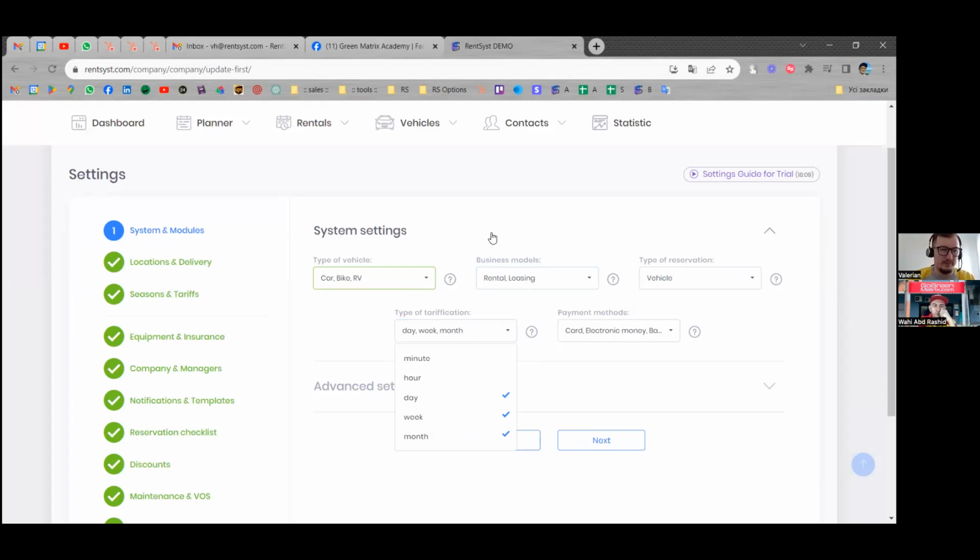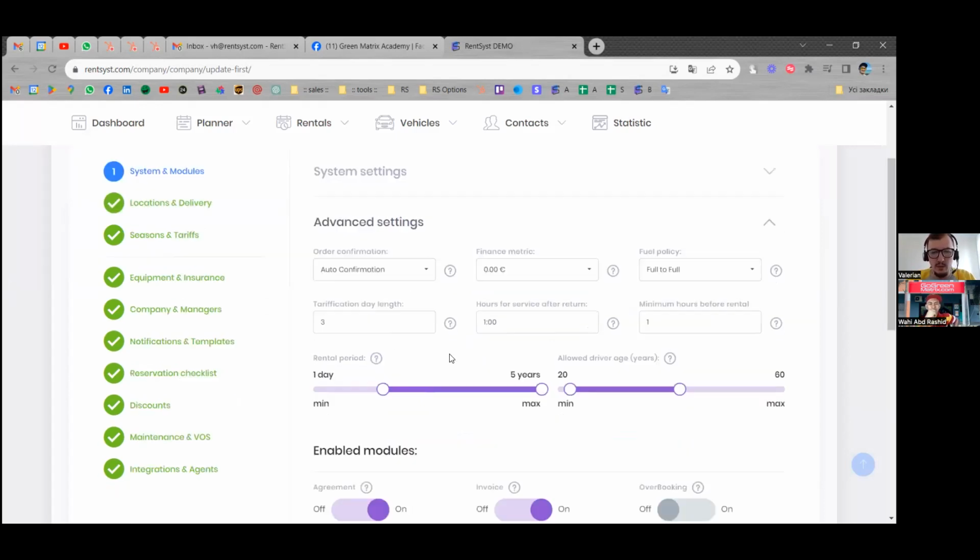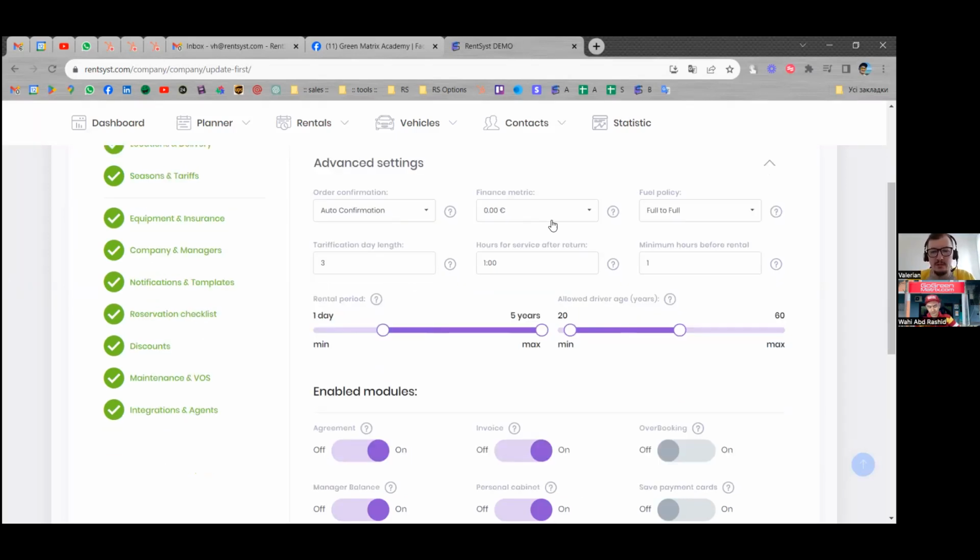And we have a lot of features inside. Today's meeting is just a quick preview, a demonstration of the main options to better understand if it's suited for your company, for your needs, and so on. So here we also have advanced settings. It's about modules, which you can activate or disable, right? So according to your needs,